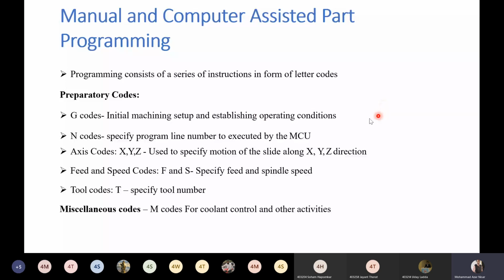Okay, G codes. Then there are N codes, which are nothing but the series or line number of that particular block to be executed by the machine control unit.